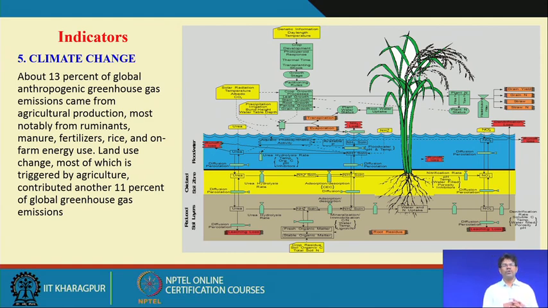And land use changes, mostly triggered by agriculture, because of the conversion of deforested forest lands to agricultural land, contribute another 11% of global greenhouse gas